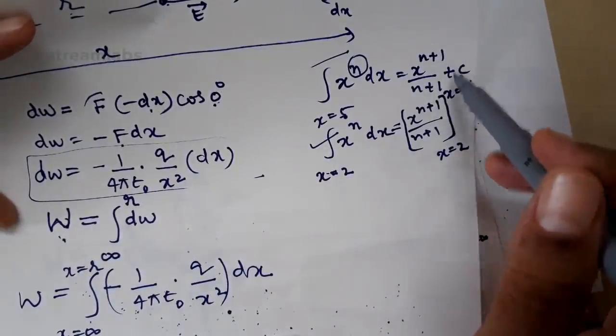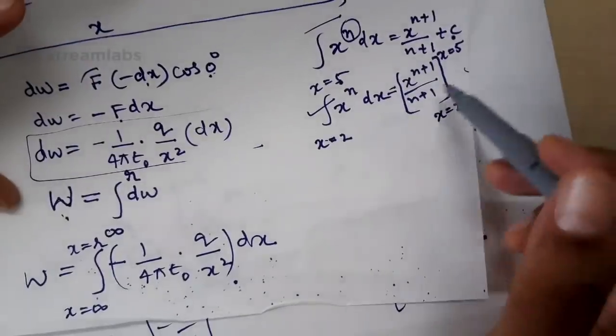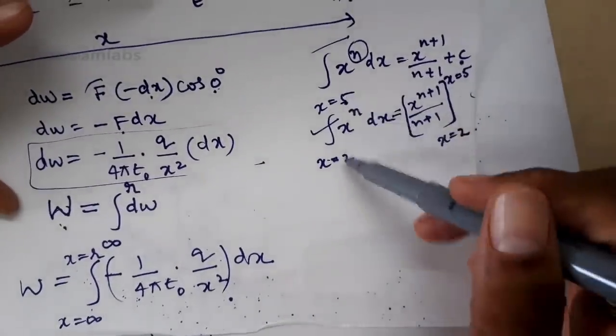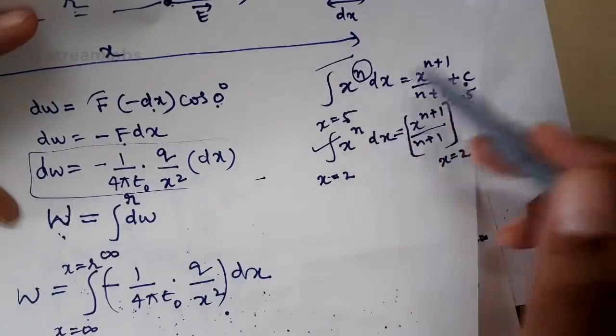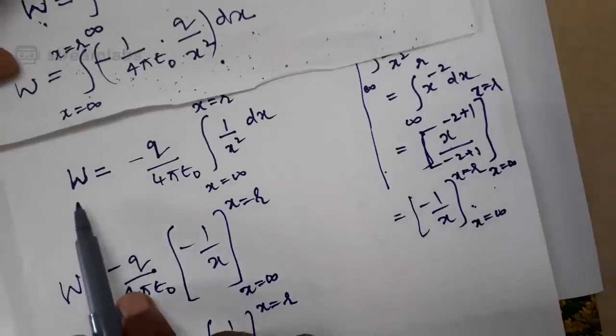In indefinite integral, there is some constant called integration constant. In definite integral, the integration constant will be 0. In definite integral, there are limit values, whereas in indefinite integral, there are no limit values. We don't know to what limit you're integrating it. That's why there is a constant called integration constant. Now come back to this.